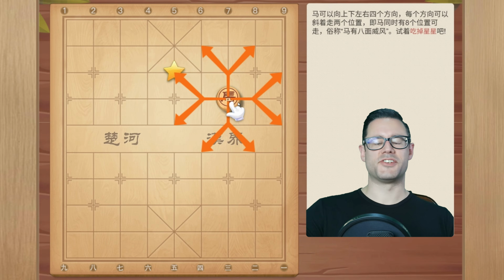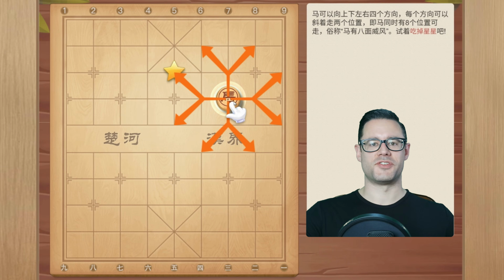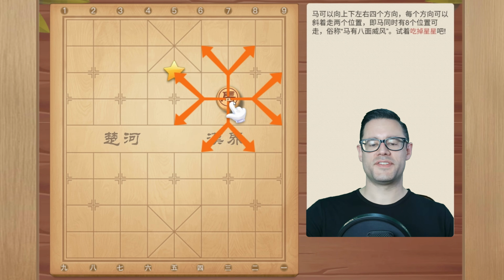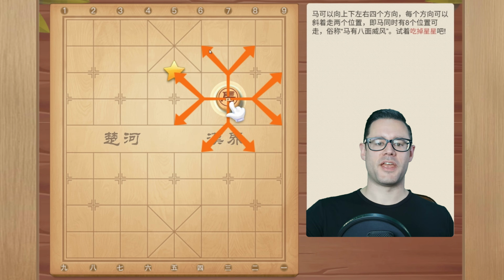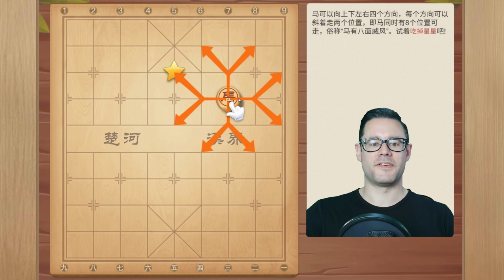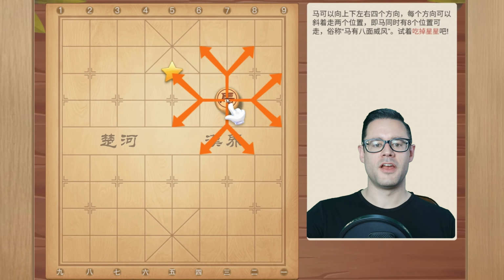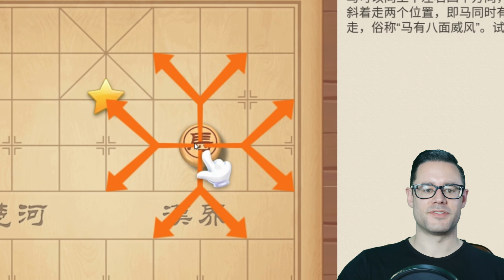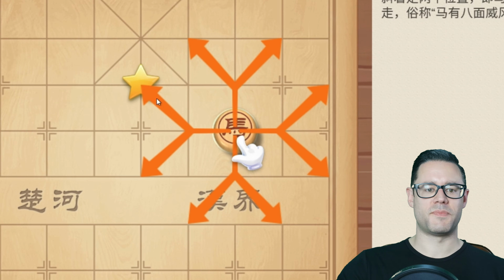And a horse that is centrally located on the board, this is just like in Western chess where it's advised that you get your horses into a central location if possible so that they're attacking more spaces. A horse in Xiangqi has 8 possible locations that it can go to when it's out here in the middle like this. And in some Chinese sources, you'll hear it referred to as an octagonal horse, which is referring to the geometry of a horse being able to move to 8 different locations. And we see here that all of the moves are 1 space orthogonal or perpendicular and 1 space diagonal. So 1 space perpendicular, 1 space diagonal.